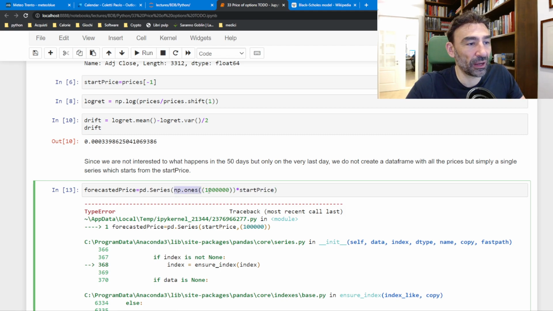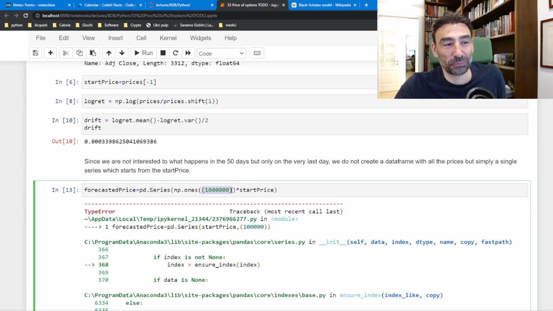This NumPy ones creates a matrix or an array depending on what you type here in the middle. In this case I typed only one number, so it's an array of 100,000 ones. The function is called ones. It's the same as NumPy zeros, the NumPy ones. I multiply everything by start price, so now